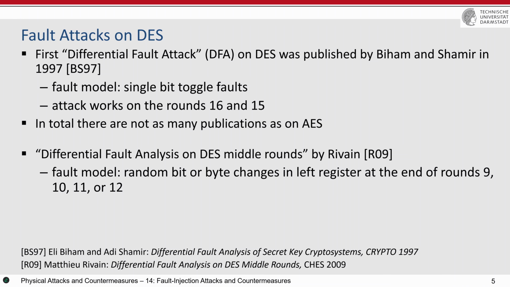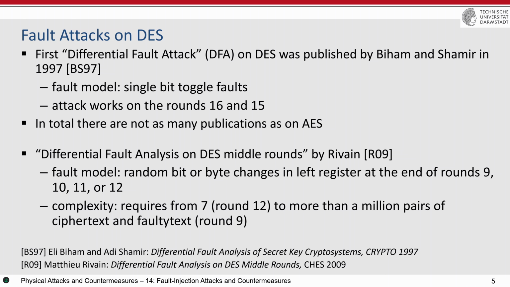For example, the fault model which is used is a random bit or random byte change. Again, a toggle fault model, but bit or byte in the left register, because there are left and right registers in the DES, at the end of rounds 9, 10, 11, and 12. By going to the middle rounds, you need many more pairs of ciphertext and faulty ciphertext to perform the attack, from 1 million pairs